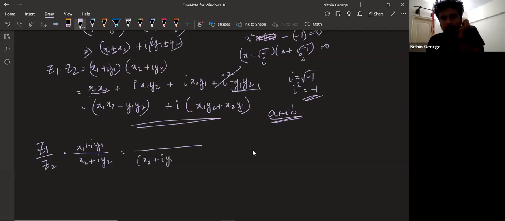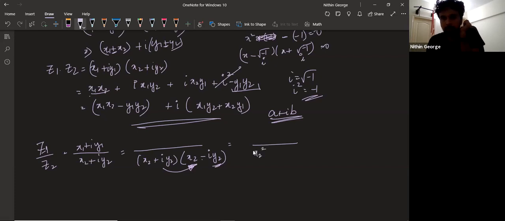You multiply the denominator with its conjugate. Now the conjugate is obtained by simply changing the sign of the imaginary part. So there was a real part and an imaginary part. We simply change the sign of the imaginary part. That is how you get a conjugate. Now, when you multiply a complex number by its conjugate, you get an absolutely real number. So this is a plus b into a minus b, so you get a square minus b square form.